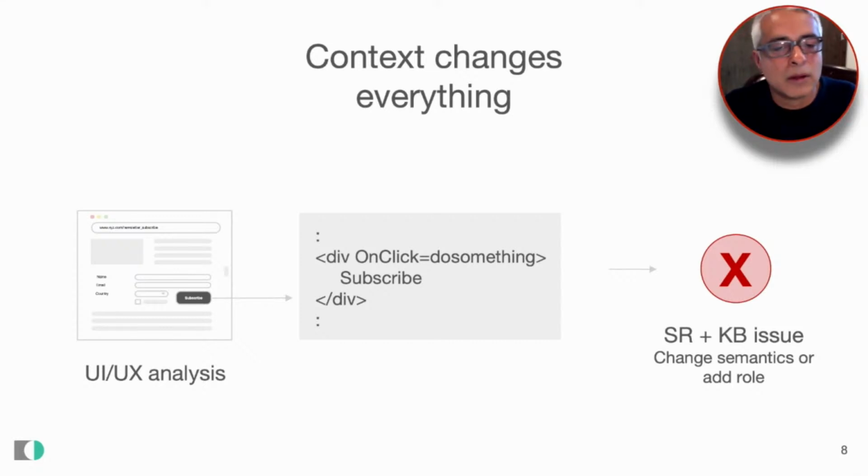So a big part of the algorithms that we're developing are about trying to get different kinds of clues around figuring out and conclusively stating at the end of the day what that element is, and then looking at the code to try to figure out if it's implemented correctly or not. So in this particular case, of course, now that we know it's a button, we know that there's going to be a screen reader and a keyboard issue, and the way to solve that is to either implement it as a button, which has the semantic elements in it, or add a role to indicate to a screen reader or other assistive technology that this is interactable. So that's fundamentally the premise. We need to know what that element is, and then we can detect a lot more accessibility issues automatically.